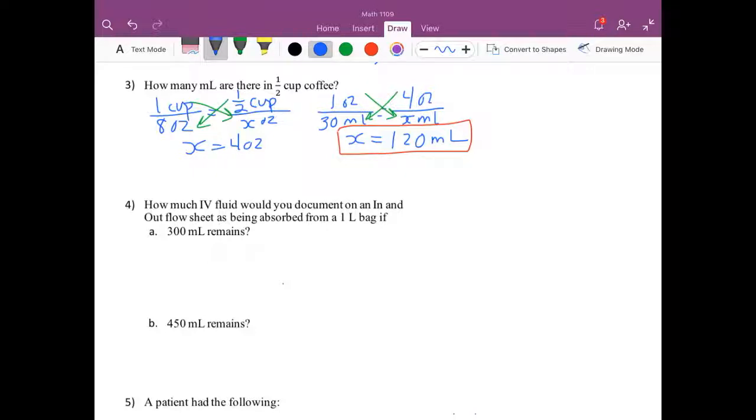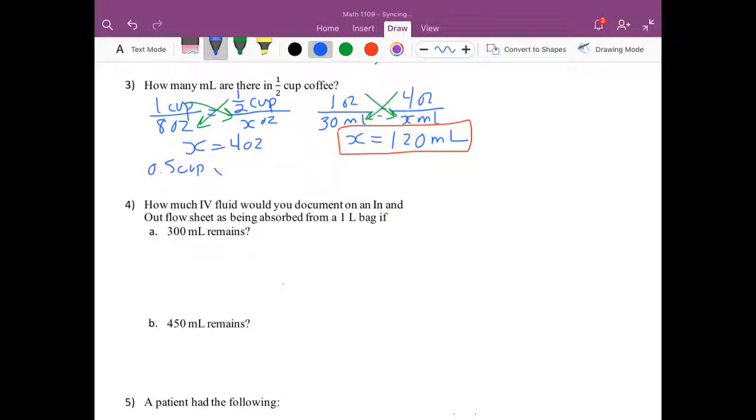So it's a little bit different than how we set up our normal proportions, where we want the units across from each other. In this case, because they're on the same side of the equal sign, not on opposite sides of the equal sign, we actually want the units to be opposite each other or different from each other. So in this case, I would write my half cup,